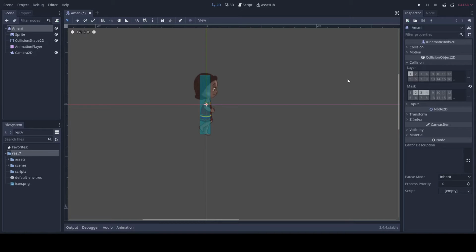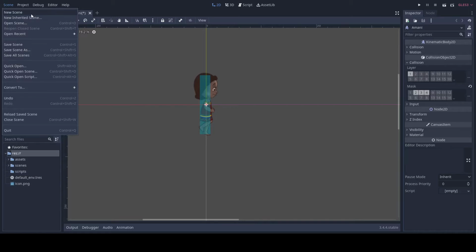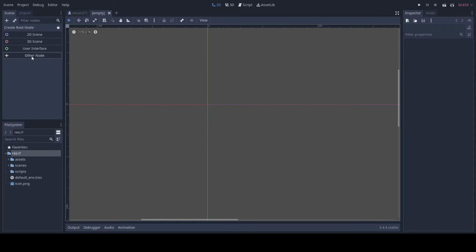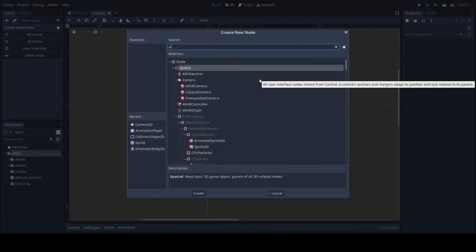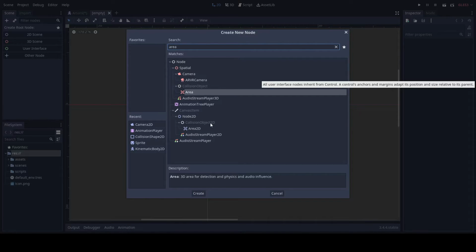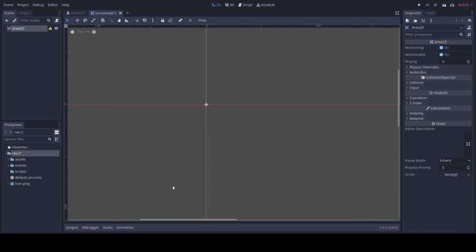So in this video, we want to create a new scene for the shells that the man is going to be collecting in the game. Go ahead and click on scene, new scene, and the node that we're going to add for this scene is going to be an Area2D node. Go ahead and select that, and we can rename this to